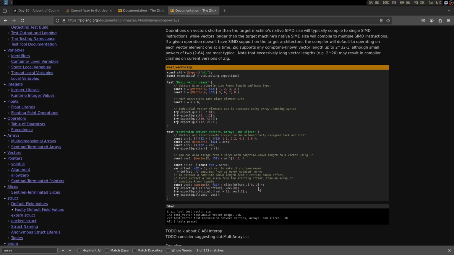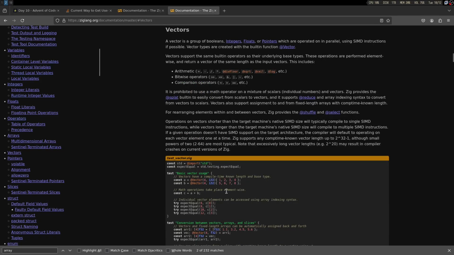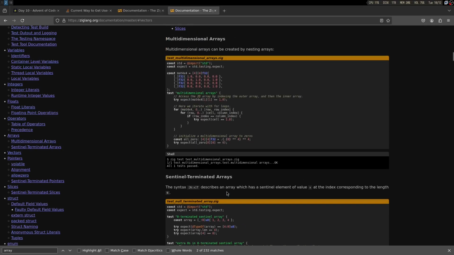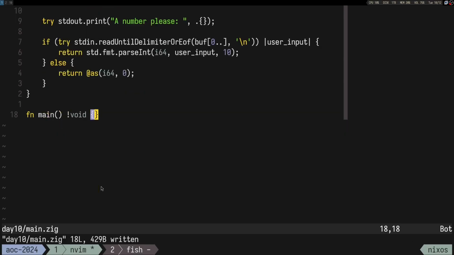Because otherwise we could just use a vector type or whatever, which is obviously much better, like vectors. Yeah, I mean, interesting. You actually have a length, so that's pretty good. So if I say something like